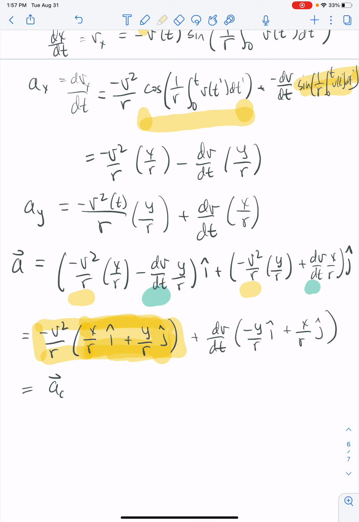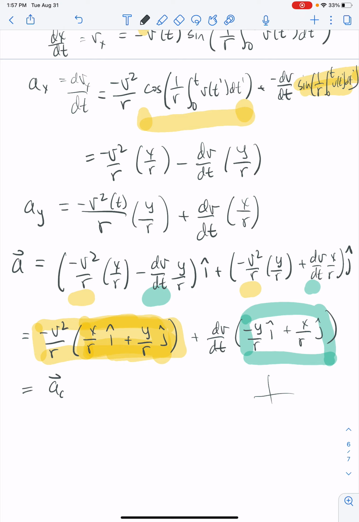Now, what about this other term over here? Can we notice anything about this? Well, negative y over r i hat plus x over r j hat. This is another unit vector. It's got a magnitude of 1, just like the first one did. And this one is a unit vector